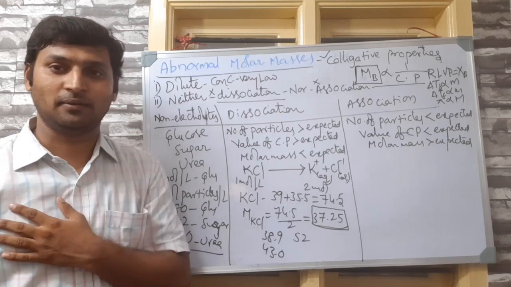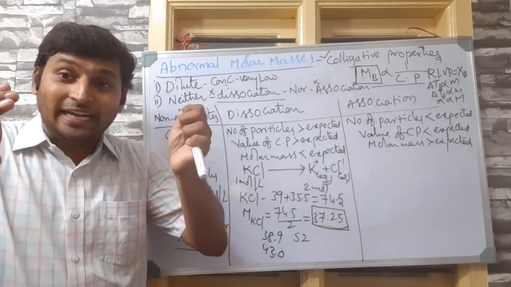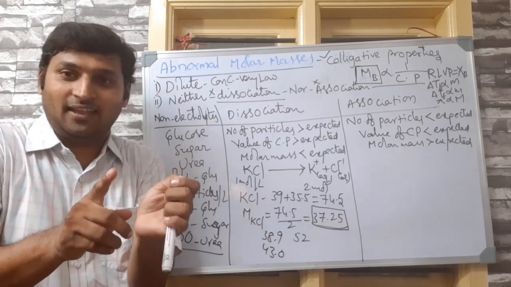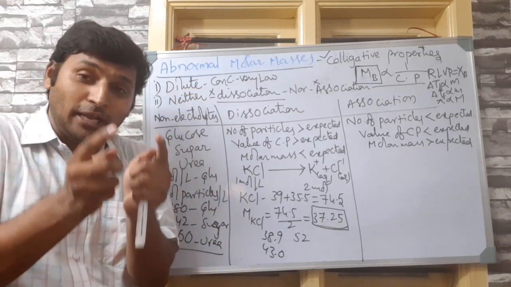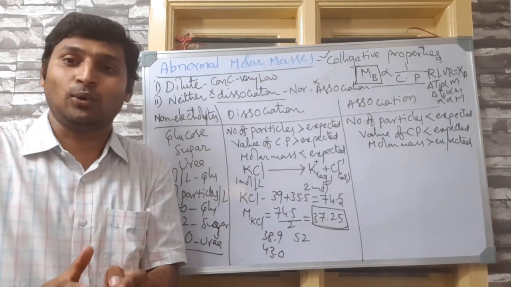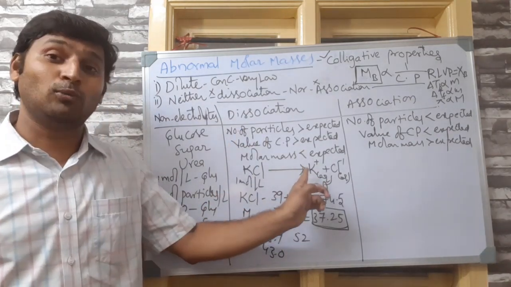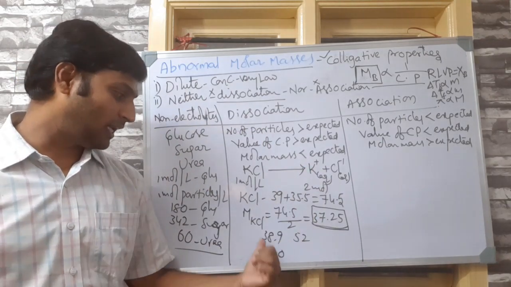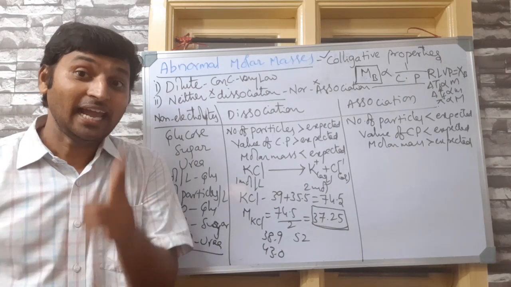The answer is simple. We discussed this in electrochemistry also. That it depends on the concentration. When concentration is relatively high, again, that's why I told you it must be dilute, because of interionic interactions, some of the KCl units might remain KCl only without breaking into independent ions. That means for 1 mole, exactly 2 moles of particles may or may not come. If it is slightly less than 2 moles, automatically the molar mass will be slightly more than 37.25. So it again depends on the concentration.